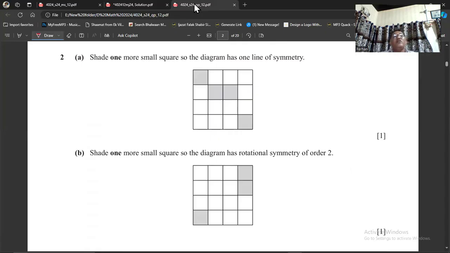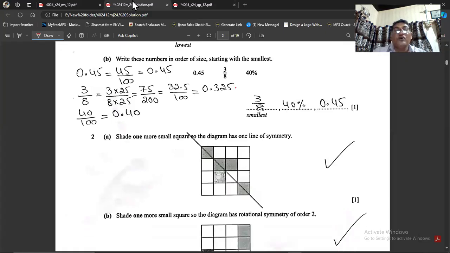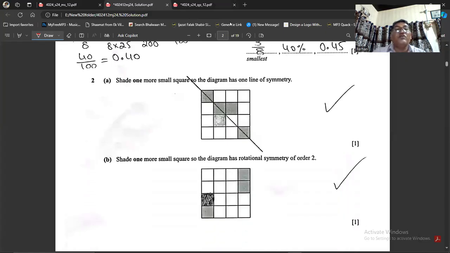Question number 2 on your screen. He says A part: shade one more small square so that the diagram has one line of symmetry. So if this is the line of symmetry and this is the only line of symmetry, then you can shade this square. So if I shade this square, then this will be the line of symmetry. So let me show you question number 2 on your screen. You can see I have shaded this one, and this is the line of symmetry, and this is the only